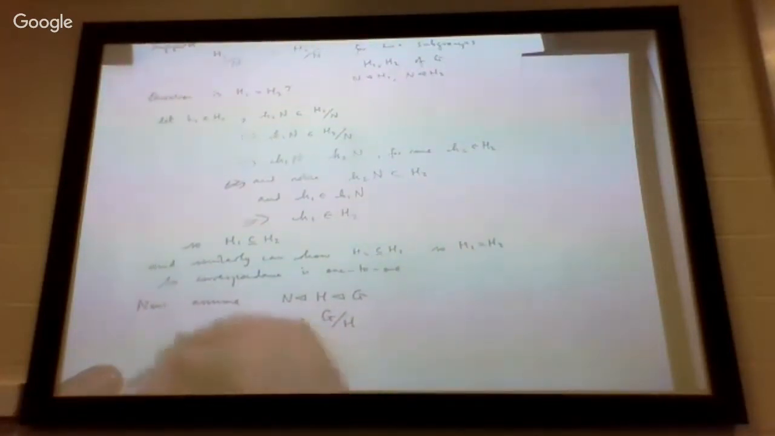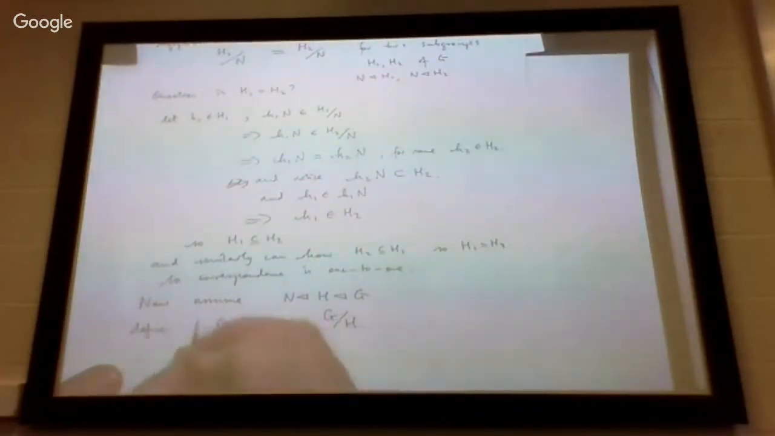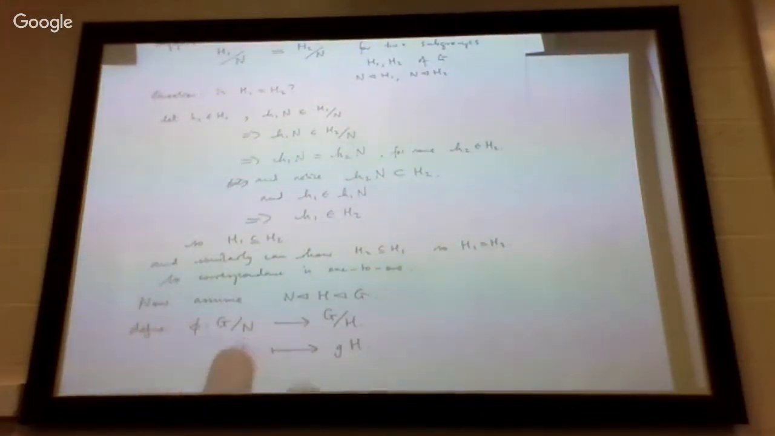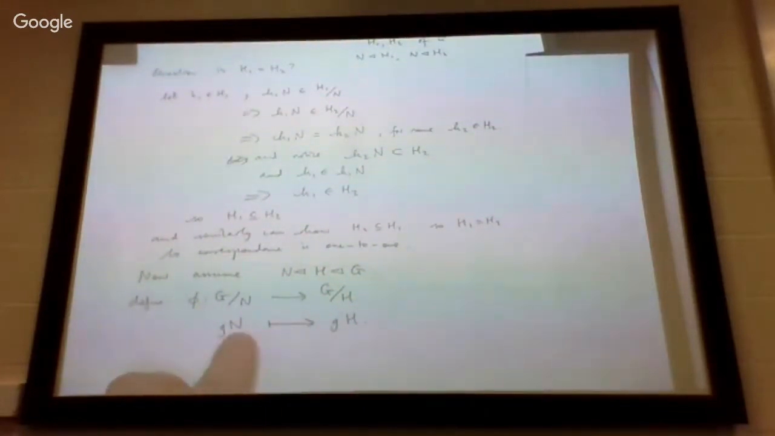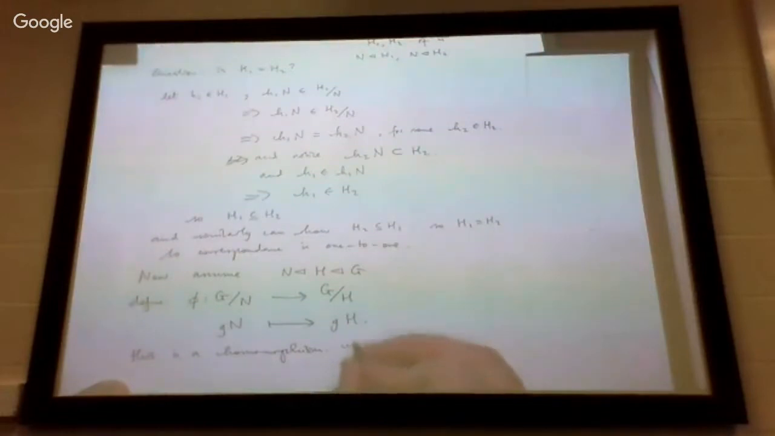We can set up a map here. Define this map phi by: it sends a coset of n to the coset of H represented by the same element. So this is what an element of G mod n looks like, g times n. So we'll send it to that coset. This is a homomorphism, with kernel,